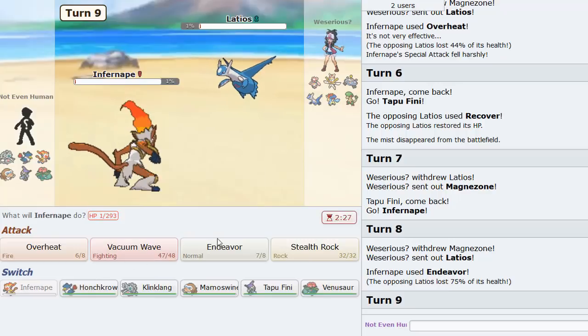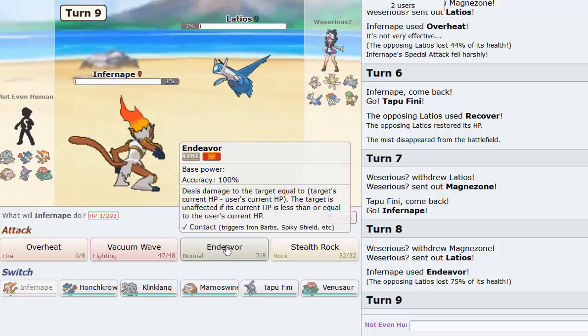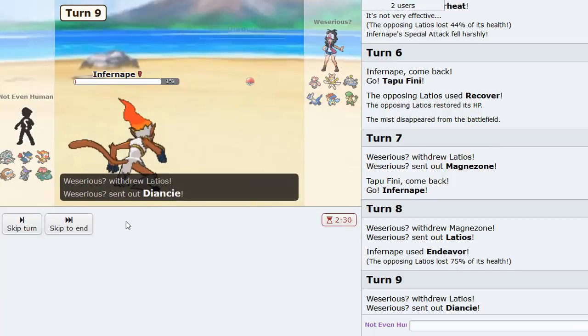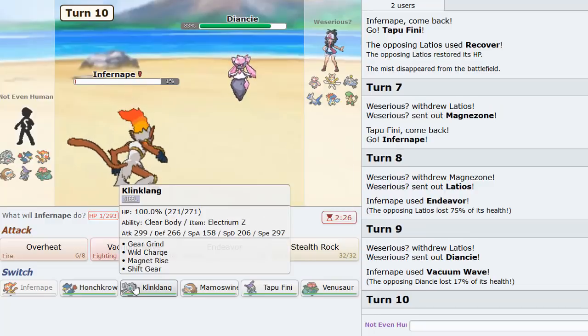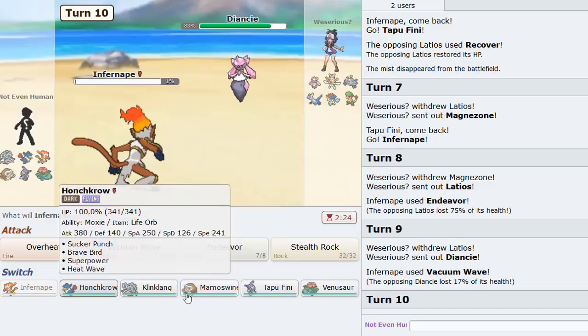Oh, you know what a really good play would be? If I double Endeavor. But nah, that was too wild. I should have done it though. That would have been too wild. Dang,